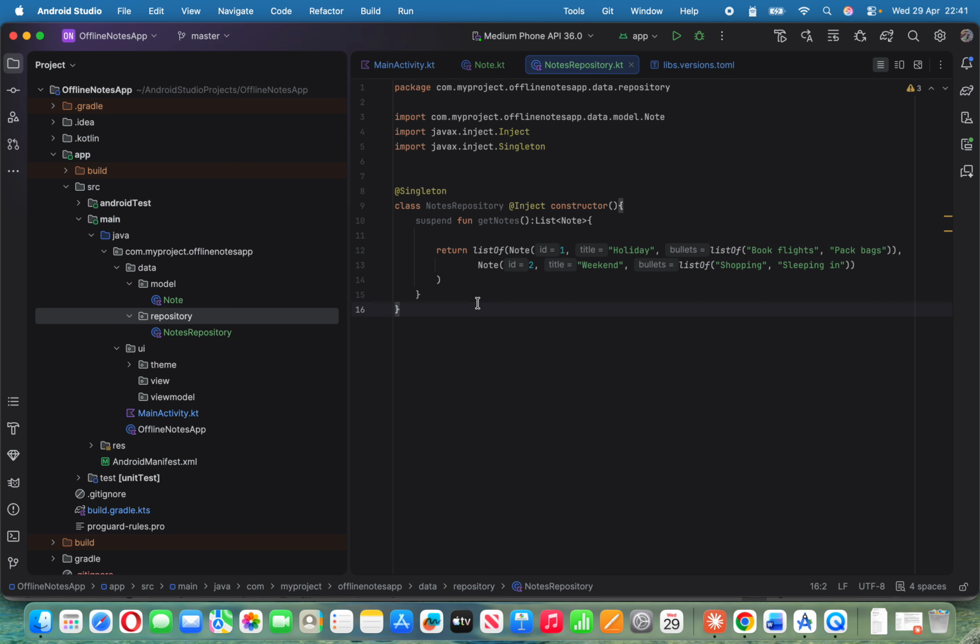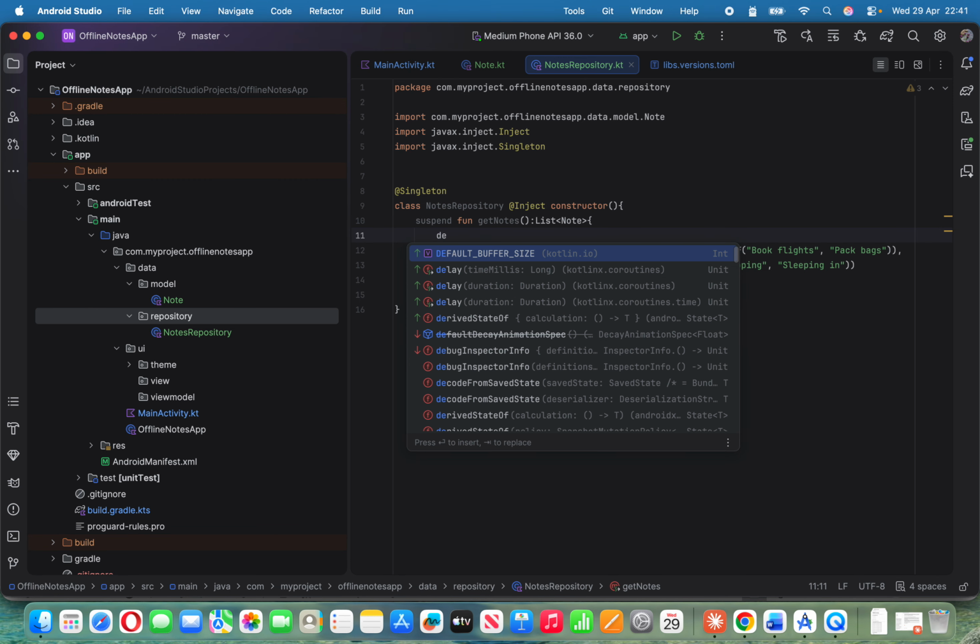So if something else gets the priority, this one is paused, and it will not block anything else. Okay, so this is the suspend function, and to simulate that there's a time that we are loading this, because obviously we have to either call an API or call the room database, it might take some time. So to simulate that, let's add a delay,